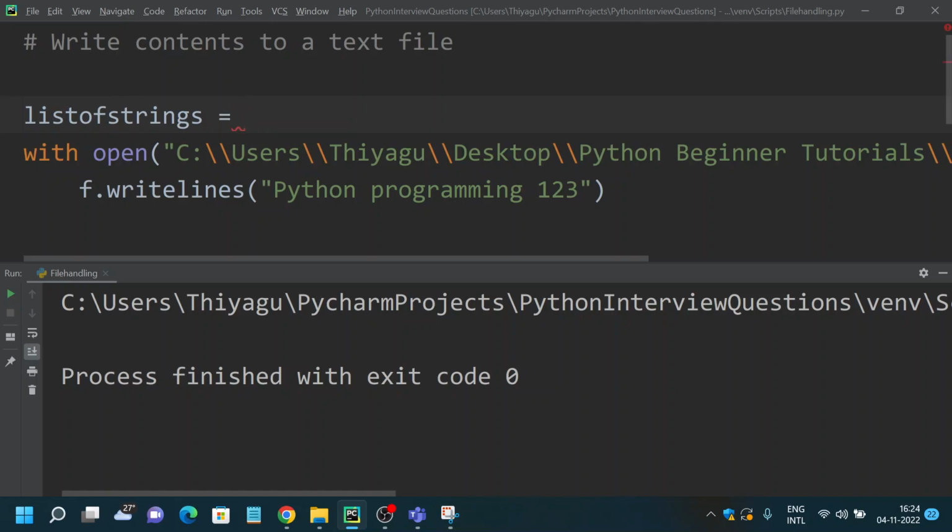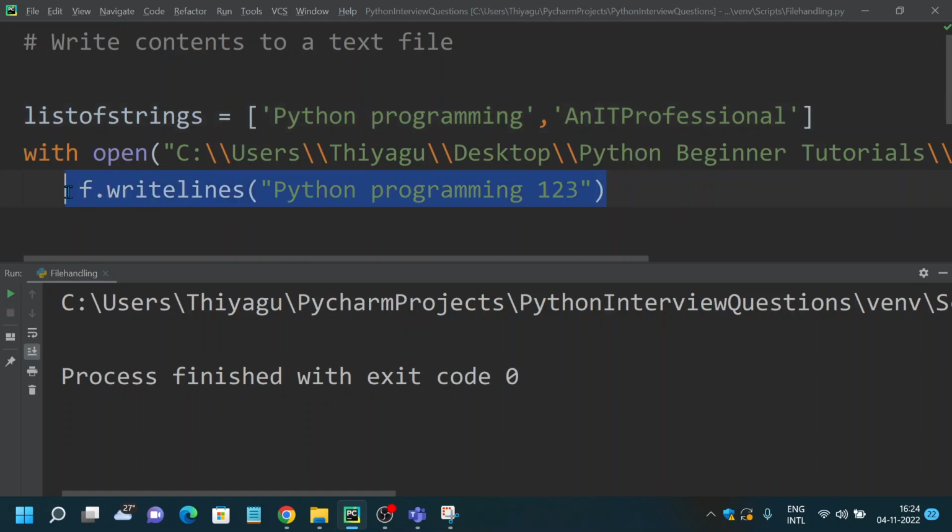Say we have a list and I'm providing a few texts. First, I have Python programming, and another text, let it be an IT professional. Right, so we have multiple strings here. In those kinds of situations, what you can do is